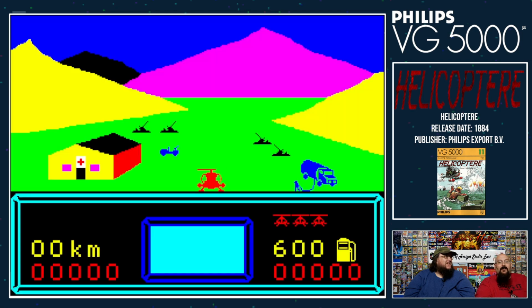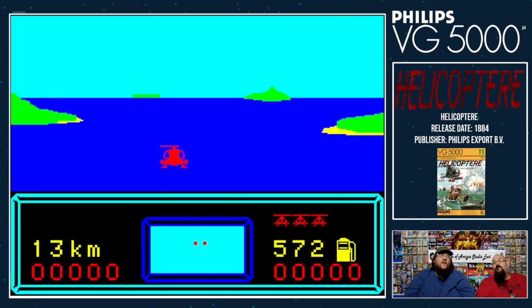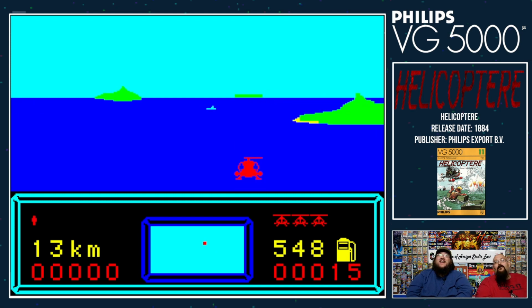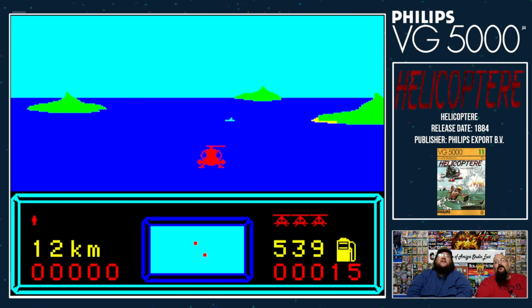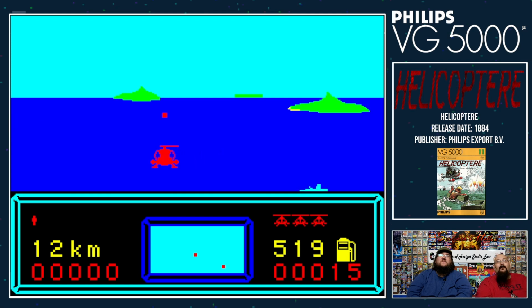And then once you pick your options, you're treated with a really cool screen of a helicopter leaving a base. I mean, the helicopter scales. It was real cool. Well, it does. It's 3-frame scaling. Listen, it scales. Okay. Then you are in an action chopper gliding gracefully across the Atlantic, Pacific, whatever it is, as you